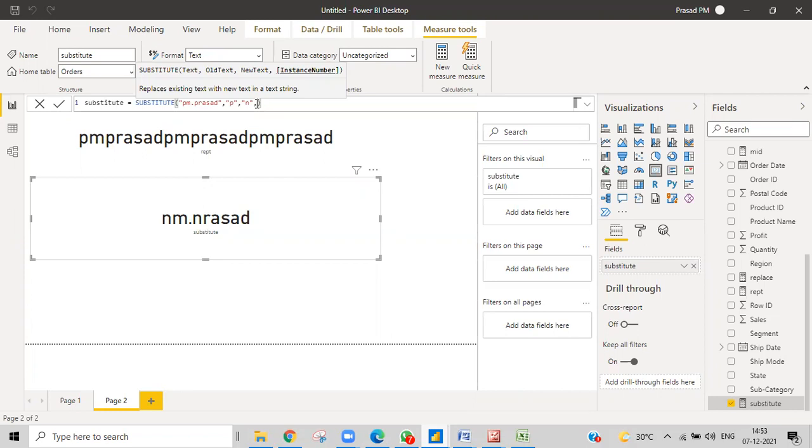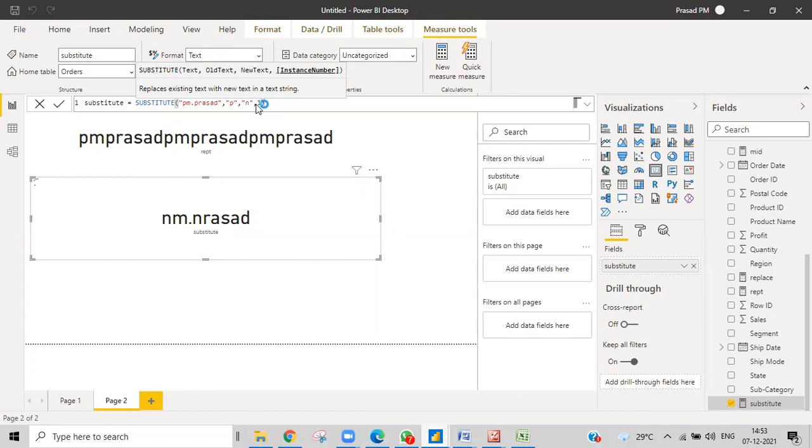But when you want to do it only for a particular instance, you can use that. If you want it only for the first occurrence of that P, it will replace only that value.